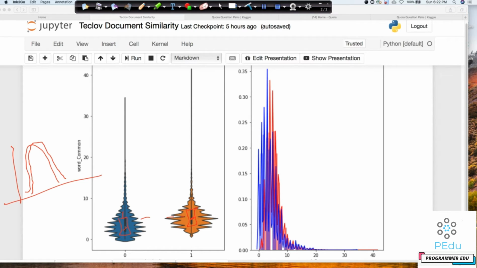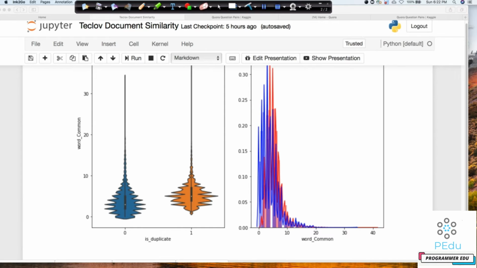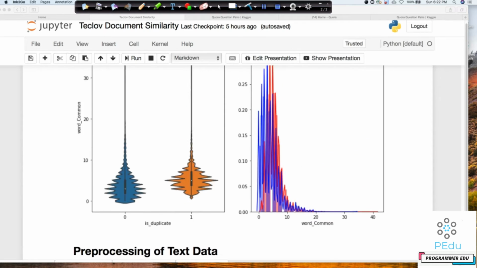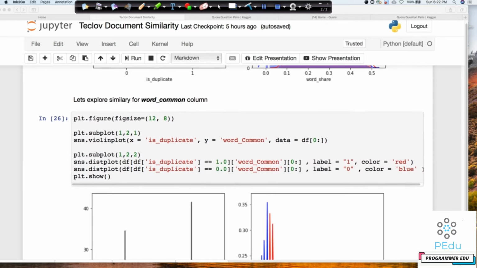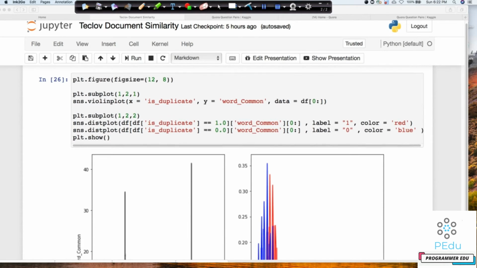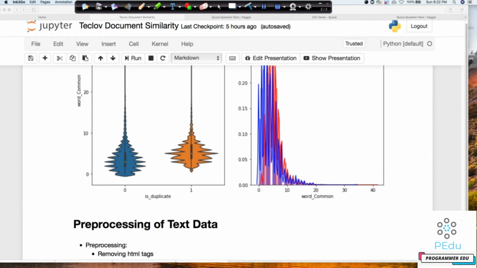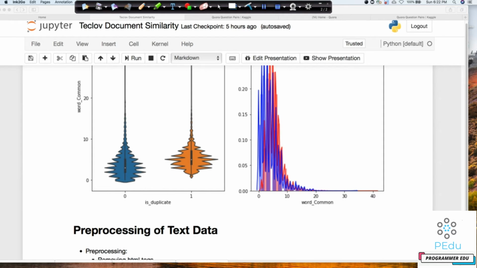Now I want to give you as a homework activity to try this for all the rest of the columns. Though I have done it only for these two, I would strongly recommend all of you to follow this and see if you can also do this exercise for all the remaining columns. In fact, we have done this and we have not found any other column to be much more useful. So this was a very nice way of figuring out whether a particular column which we have derived is going to have any meaning or not. But definitely we did get word share, which was quite useful. So let's keep that, and we will see how we're going to use it